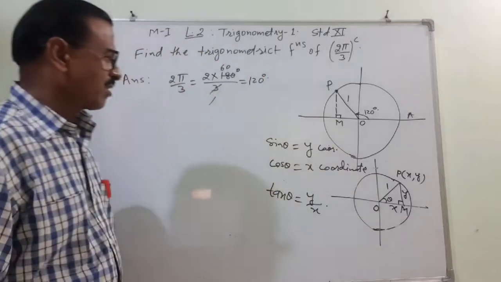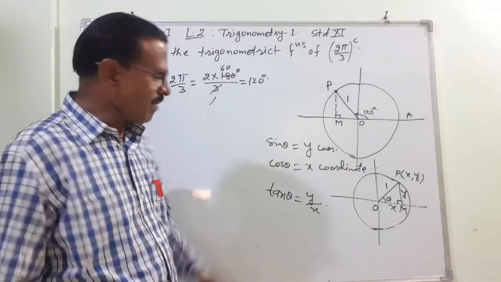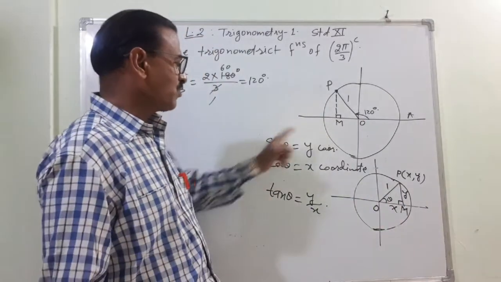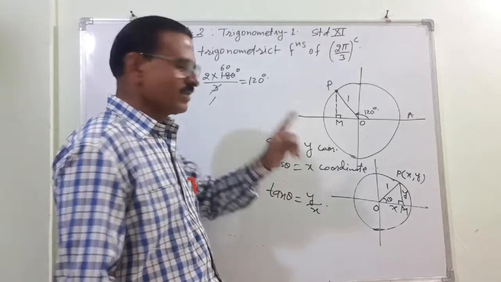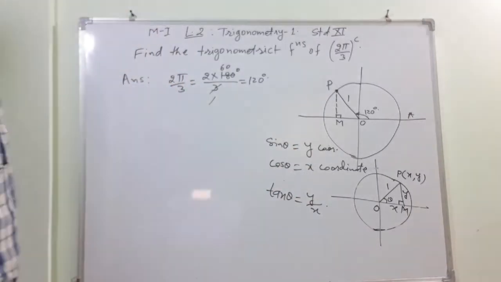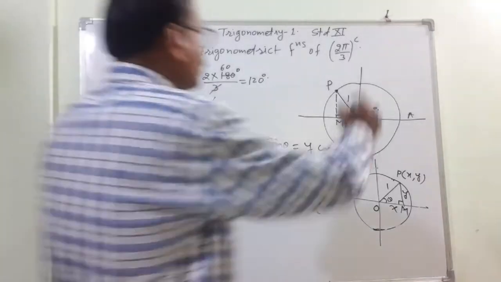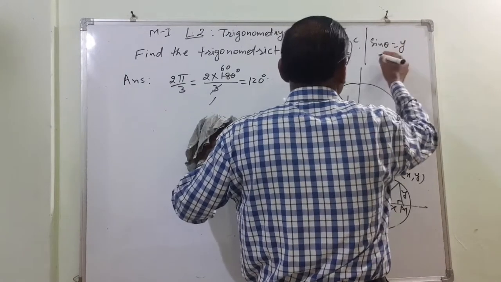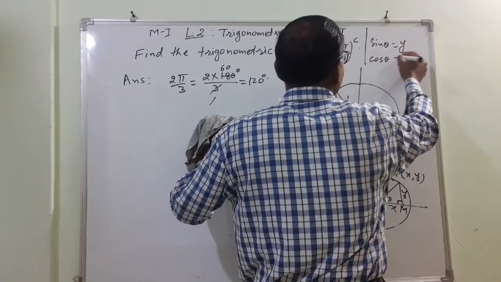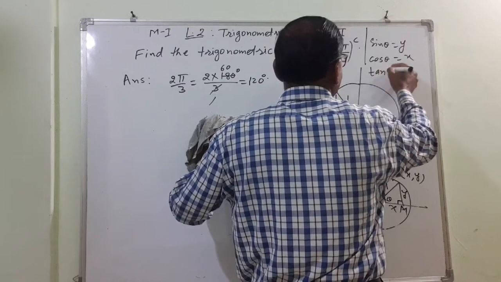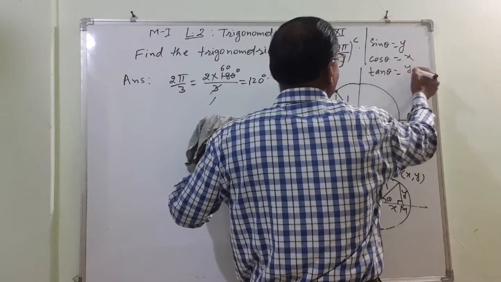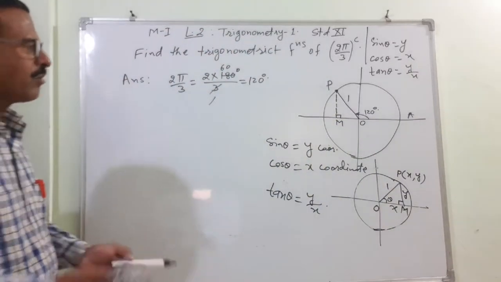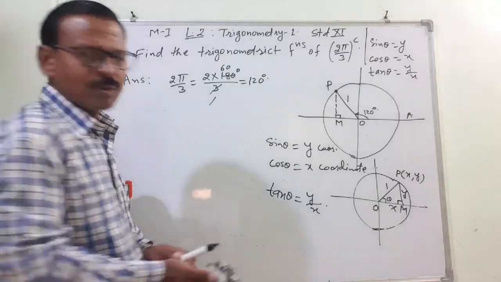So this formula you have to remember. Sine means what? And if you don't remember, then draw this figure and from this analyze it. What is meant by sine? Sine means y coordinate. What is meant by cos? Cos means x coordinate. So this figure will help you for everything. So here I will write: sine theta, y coordinate; cos theta, x coordinate; tan theta means sine upon cos, means y upon x. From this also you can take. Okay. So when I am writing this, you can make your notes of this.